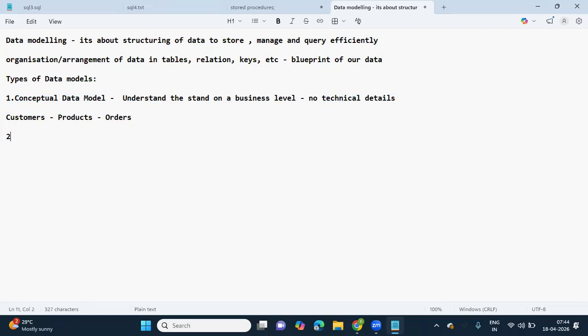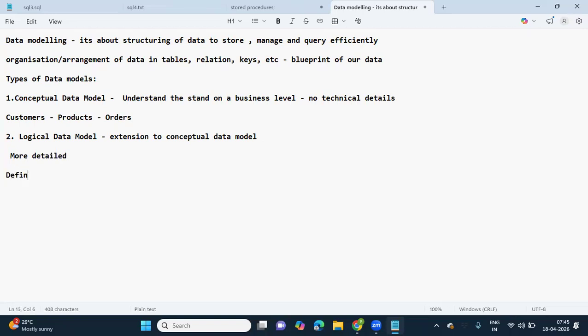Now comes the logical data model. Now you have understood the business, so we have to convert that into a logical data model. It is an extension to the conceptual data model. Here we will go into more details. Here it is more detailed,